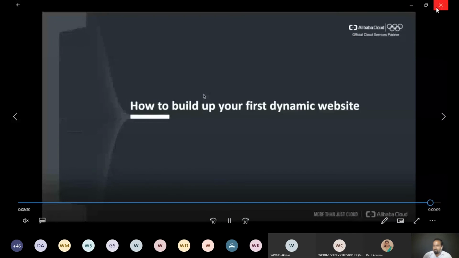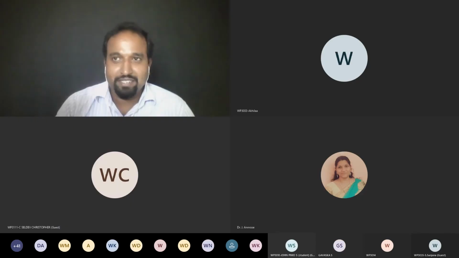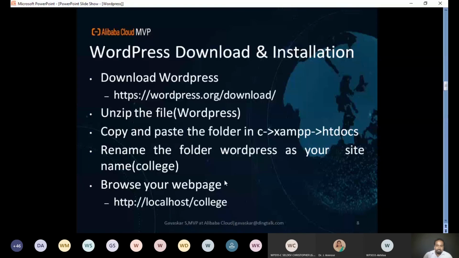So in this webinar, we learned how to traditionally install WordPress by using SAM server, that's in a Windows environment. If you are going for Linux, another thing we need is the LAMP stack. We have to install the LAMP stack, then only we can work with the Linux platform. And we learned how to install WordPress in a cloud environment, cloud infrastructure, by using the Alibaba Cloud Marketplace image. We have learned 2 ways.